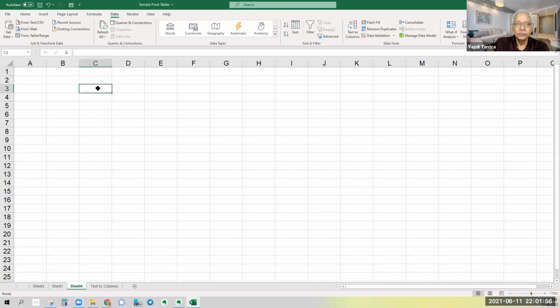Okay, so now suppose there are lots of times when we get data, or rather we get reports, etc., which are in PDF format, right? And when we get data in PDF format, it becomes very difficult to extract the tables from there. So it might be a long document, 30, 40, 50 pages.